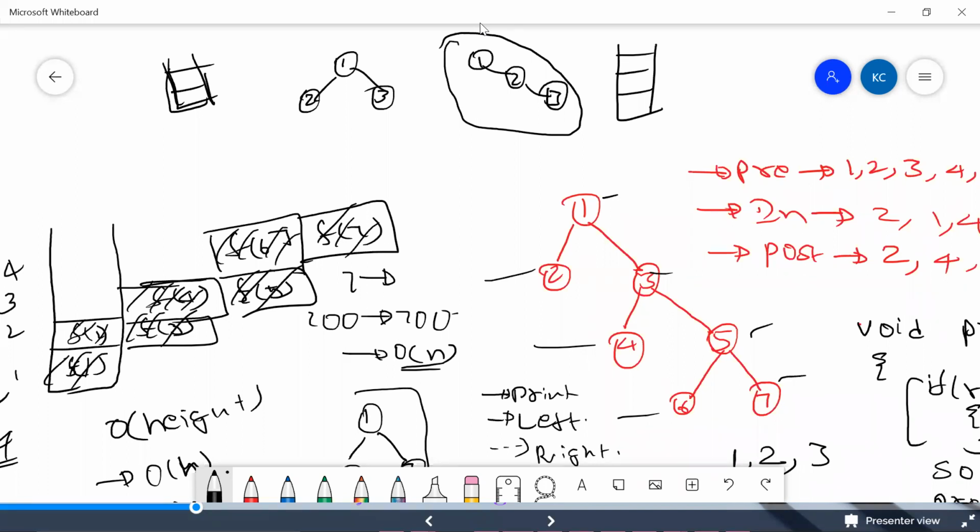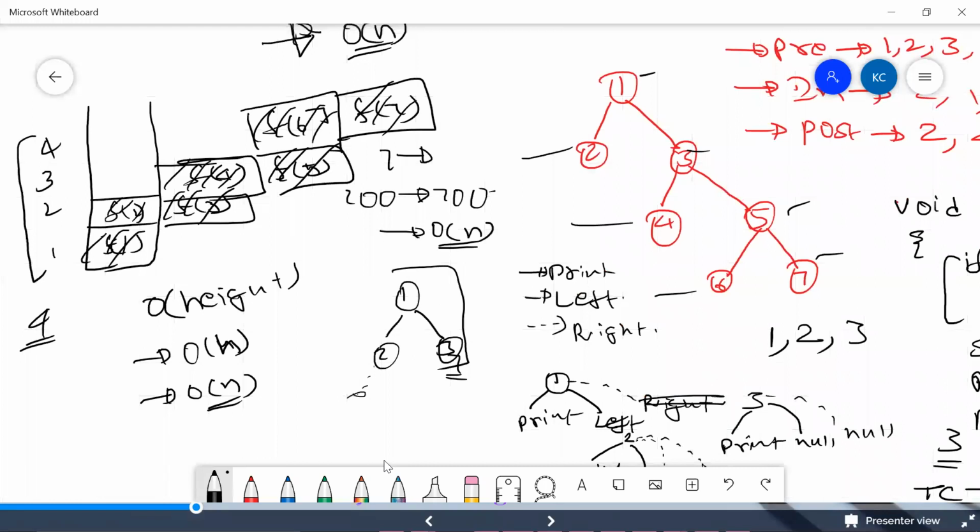So we will generally take the worst case scenario. In the worst case, the height of the tree will be as big as the number of elements. So that's why the space complexity also will become order of n, right? This is how you calculate the time and space complexity for recursive programs. Okay. So I think you understood, because we have done many problems in this.